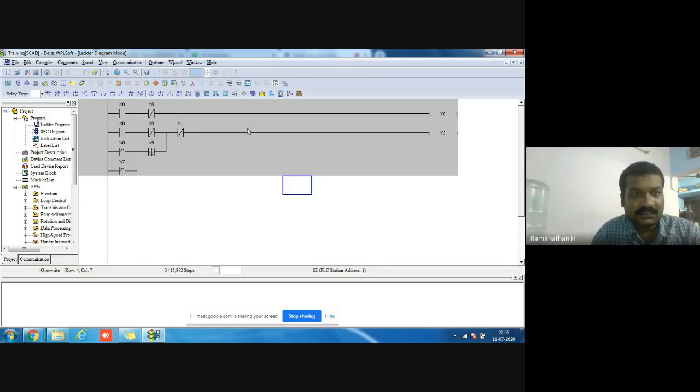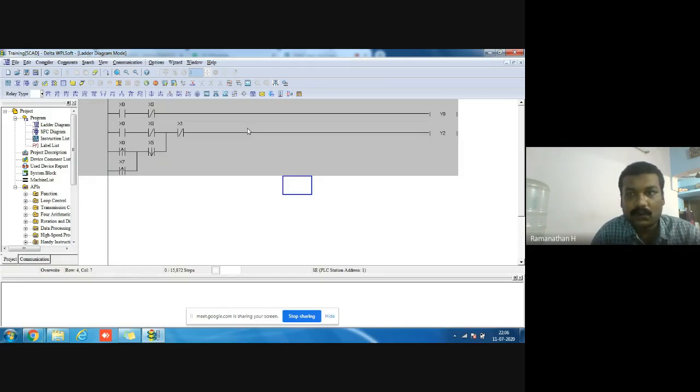NO, NC, positive pulse, negative pulse, and output coils. One thing I repeat again: n number of input elements can be added in a single line, but at the end of the line only one output coil is permitted.